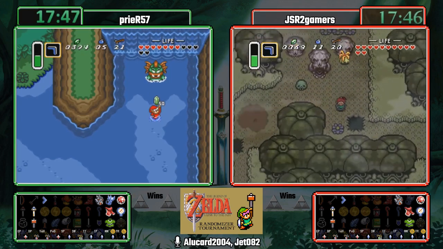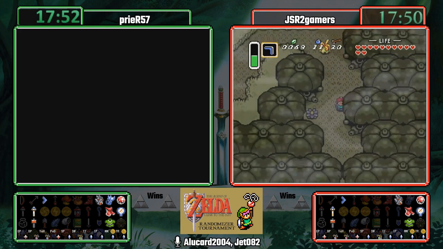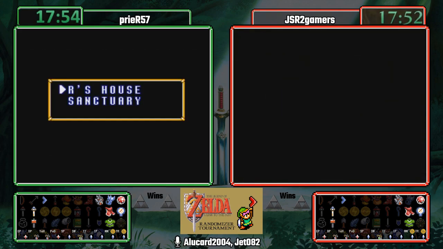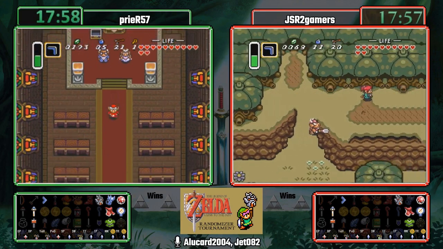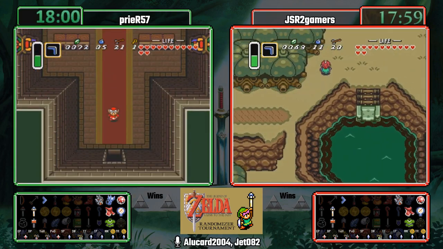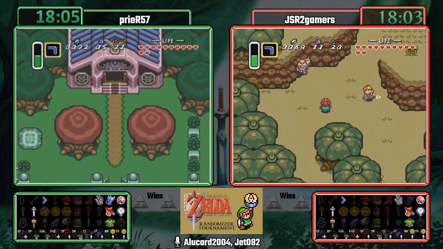Only a single green rupee for JSR there. That was his reward. That was both items, wasn't it? I believe so. Didn't he get a big 20, I think? We may not have to come back to Skull Woods, but it is the green pendant, and we still don't know what's at the pedestal, so...